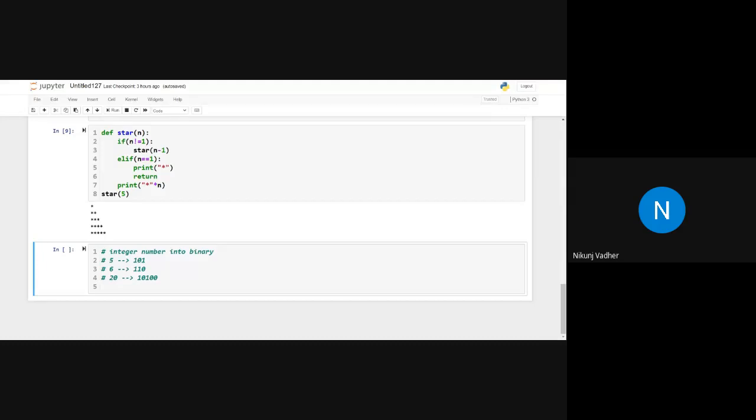I want you people to think of the solution for a recursive problem, or a problem which can be solved recursively. Yes, anyone?